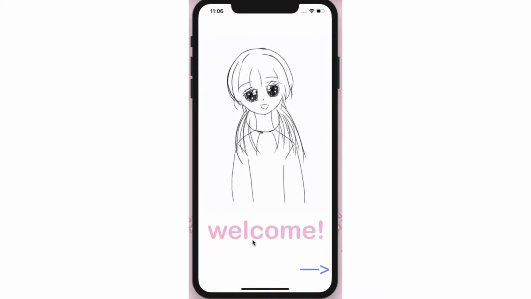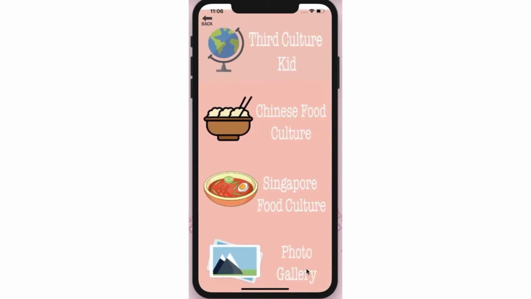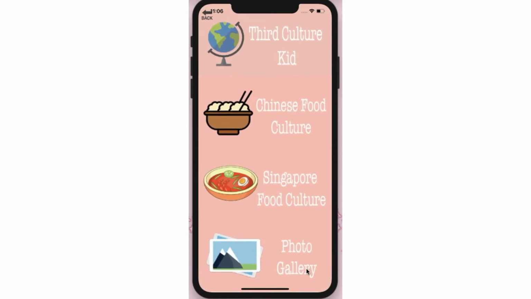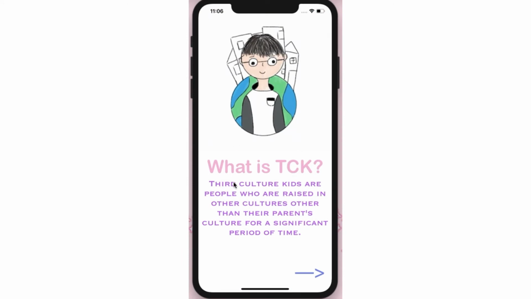So when I click onto this button which says Third Culture Kid, it brings me onto this page, which also has a hand-drawn character, which I did on my own device and transferred onto the laptop. Then it's the title, which says what is TCK, and I have a simple definition here which explains what TCK is. And then I have this arrow here which brings me to the next page